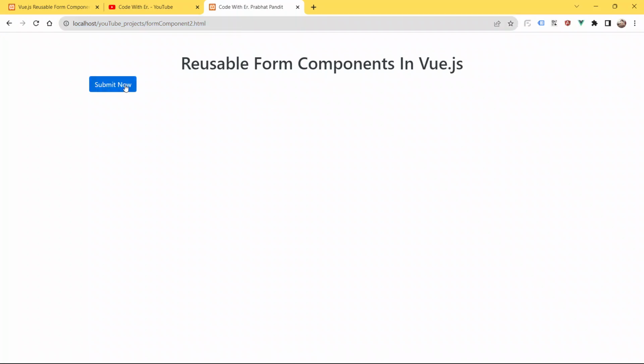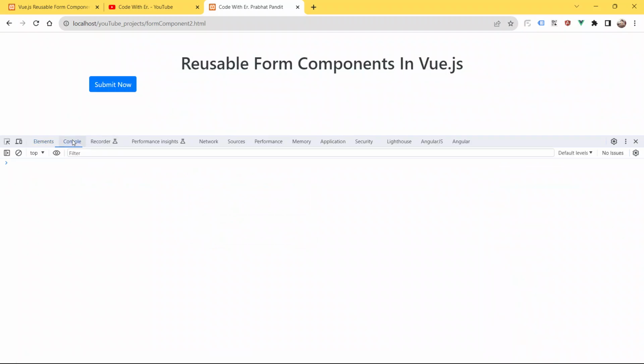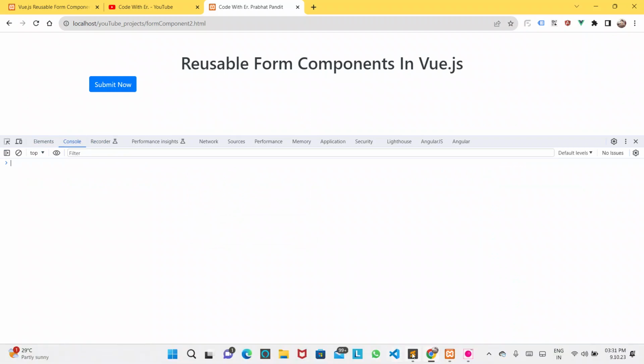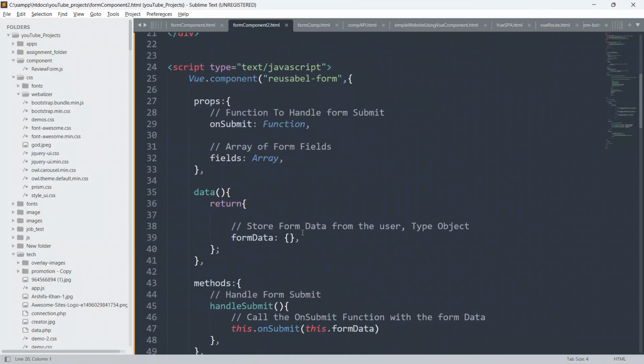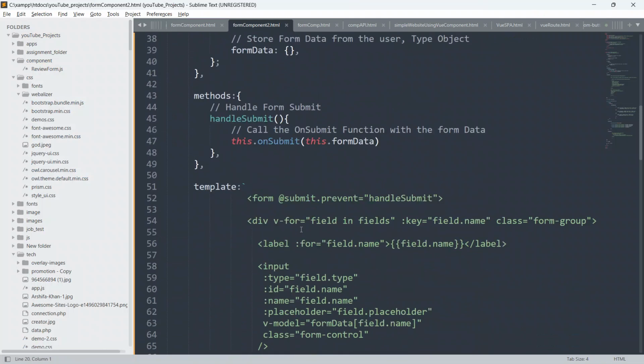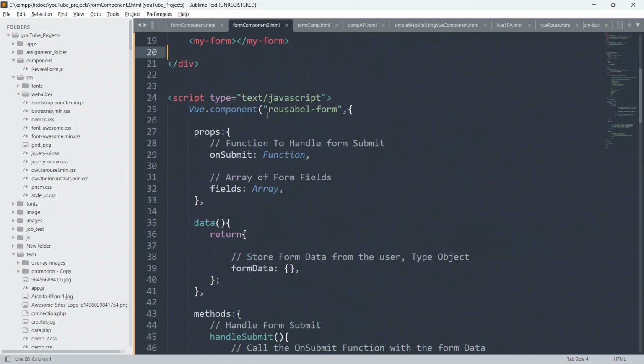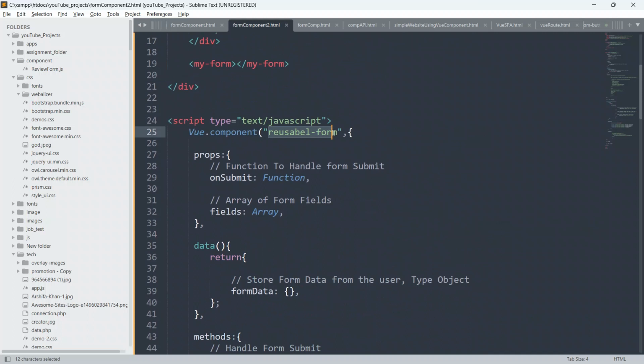As of now we can see only the submit button. So just go to the developer tool, and let's go to the code again. We can see only the button. Why guys? We can see only the buttons. Okay, so reusable form,